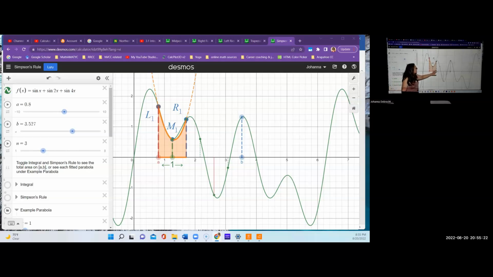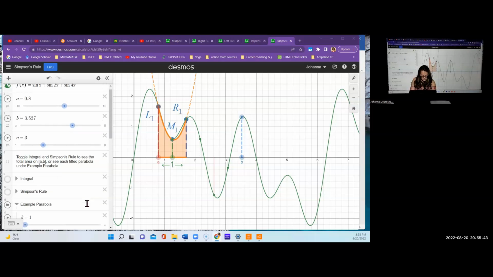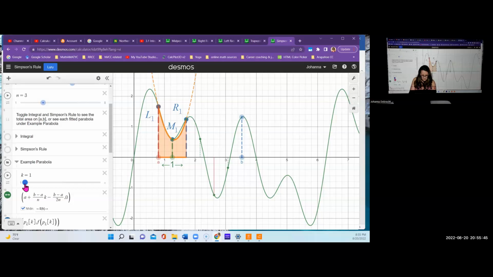Now, notice that because Simpson's rule requires you to have 2 subintervals side by side, we're required to have an even number of subintervals. You can't have 3 or 5 or 7. You have to have an even number. So if we move this over a little bit, we can take a look at a different one of the subintervals, and we can see that the top is calculated on a different one. So let me get k to move over